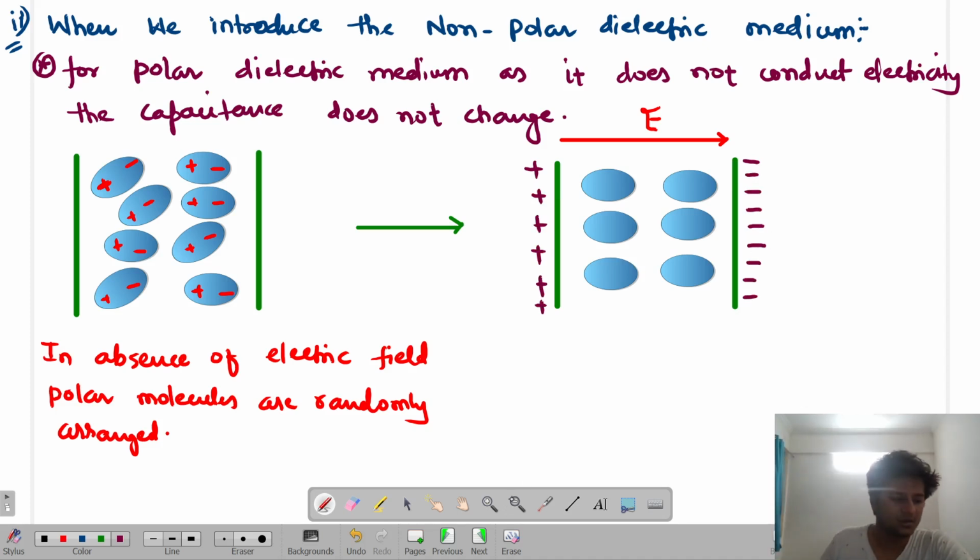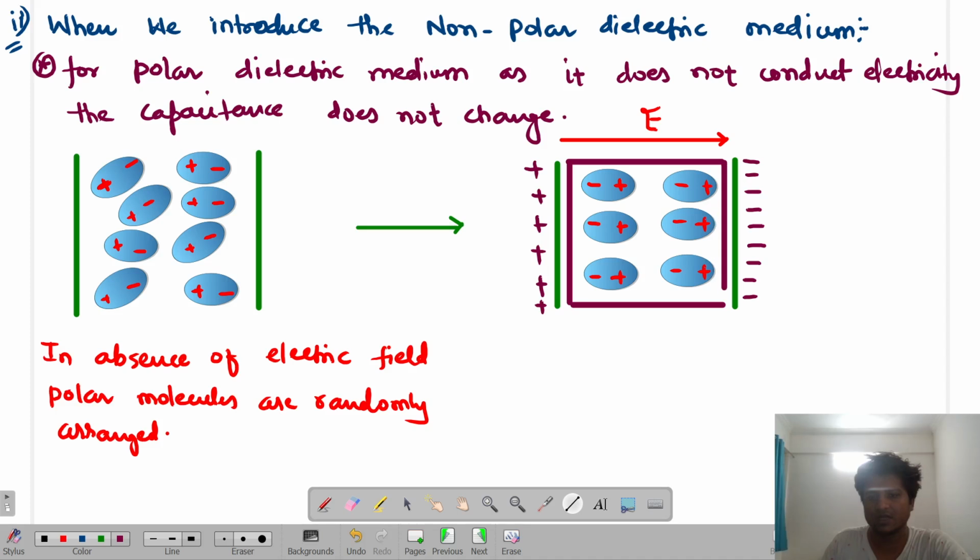Is that clear? So now look over here, when I have the electric field, this is the plus plate and this is the minus plate. What you will see is that negative charge is getting present over here. This negative, this negative, this negative, this is plus. And this will become minus, plus, minus, plus, minus, plus. Are you able to get me? These are created due to the dielectric medium which is present between our plates, having the same thickness t as the distance between the plates d. Are you able to get me or not?